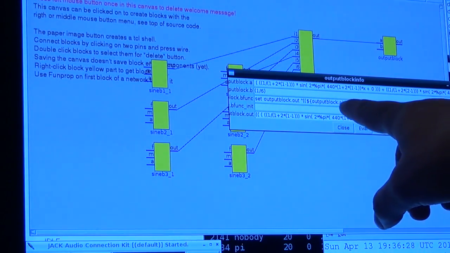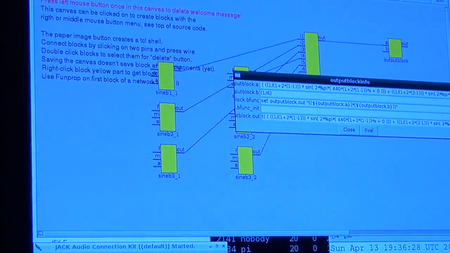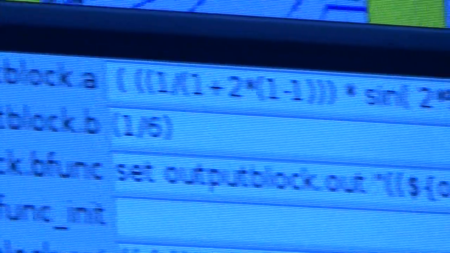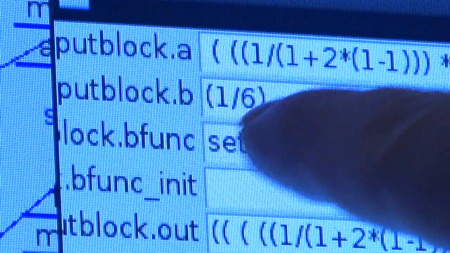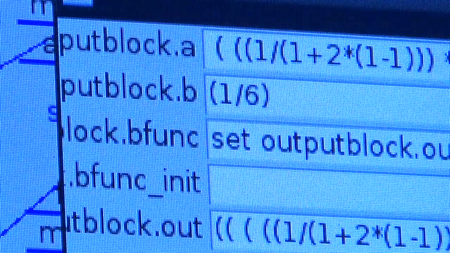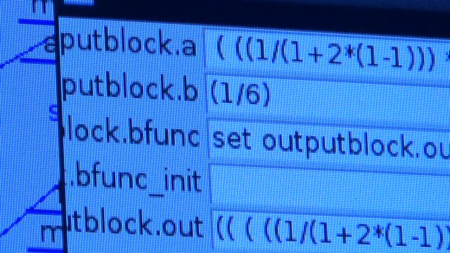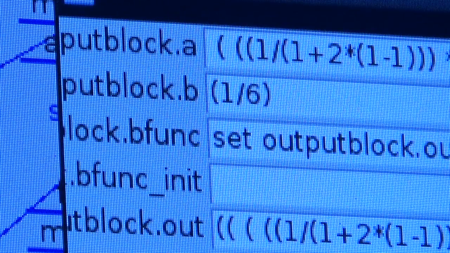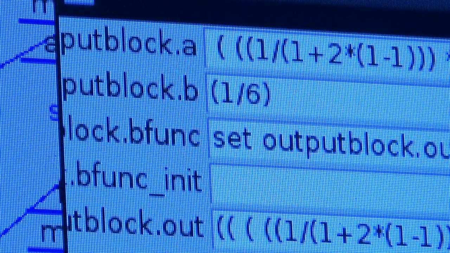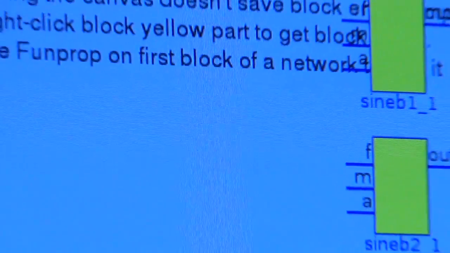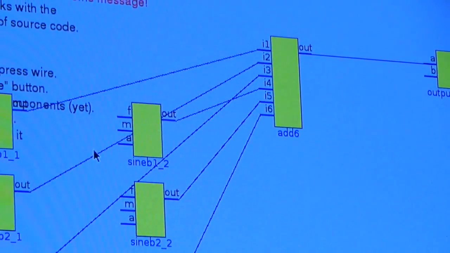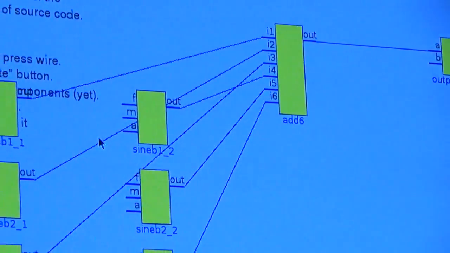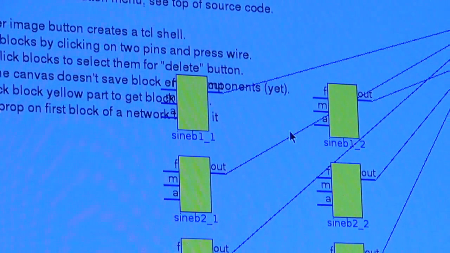It says this 1/6 here from output block gate B multiplies with output block gate A, and that's an amplifier, you could say. And then we have these blocks here. They add up in this. You open one of these up, you get,